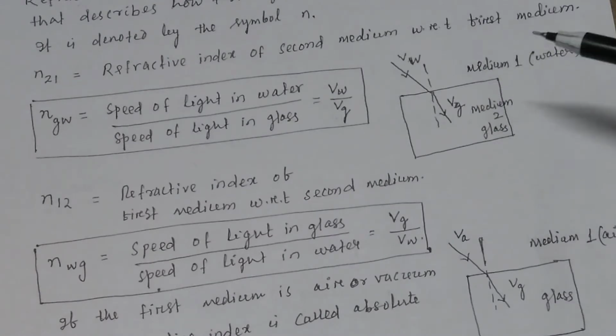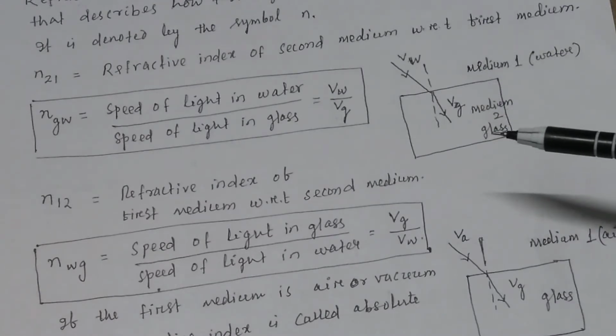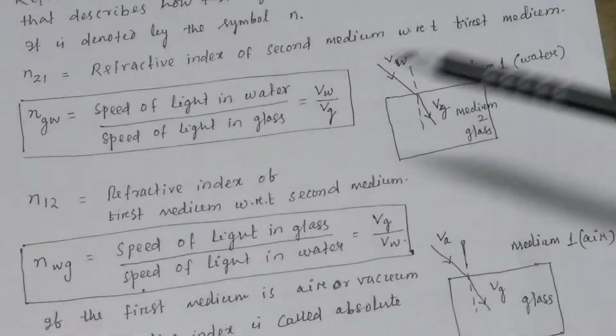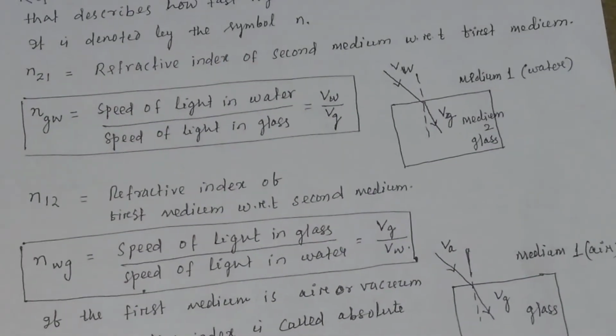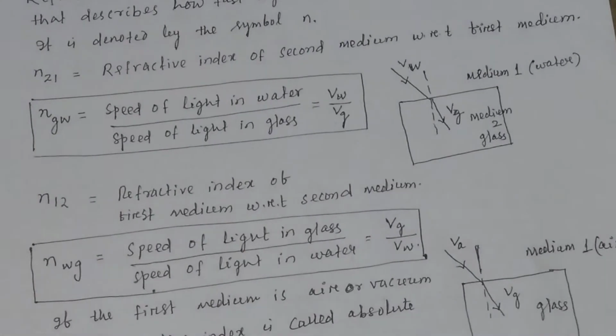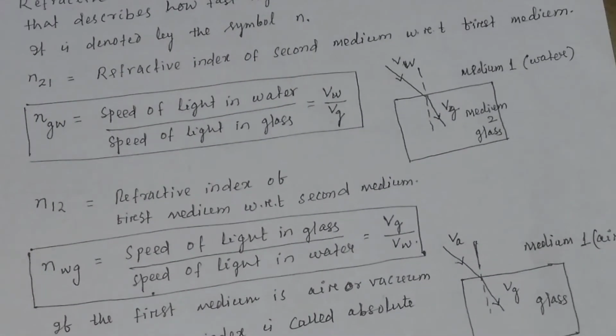If medium 1 is water and medium 2 is glass, you write nGW, that is equal to speed of light in water divided by speed of light in glass,